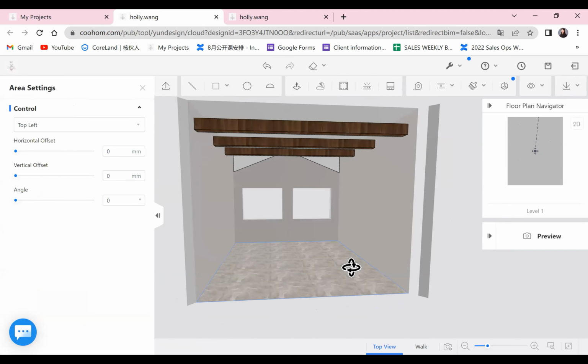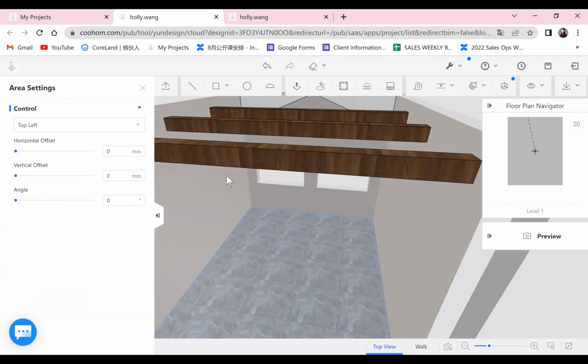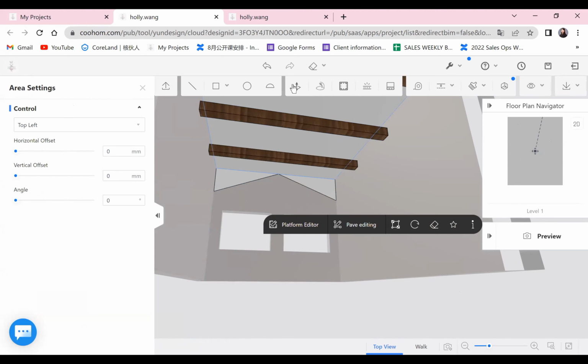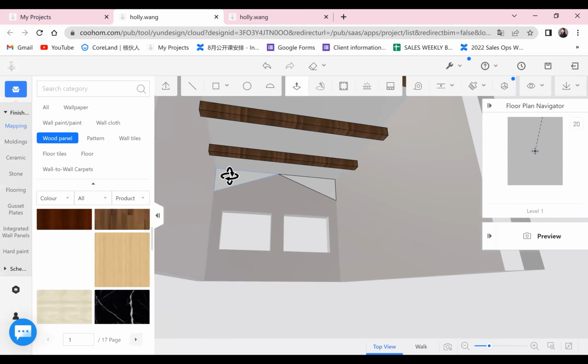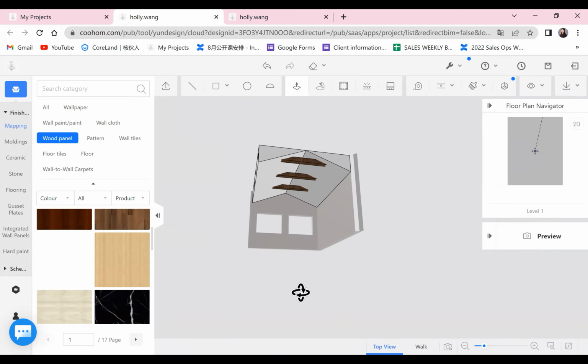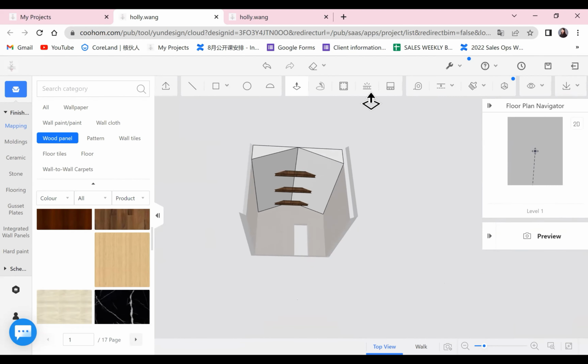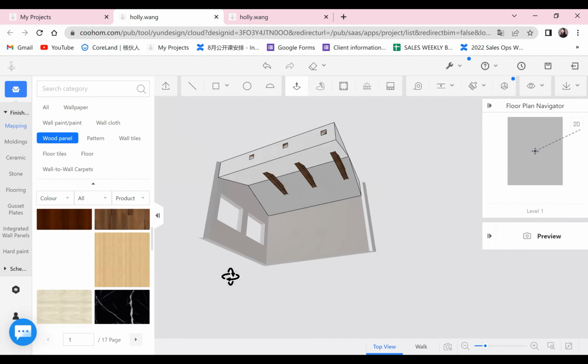All right. And next, let's draw. Let's pull the shape one more time. 5,000. And this one, pull another 5,000. Now you see, this is the shape we want.